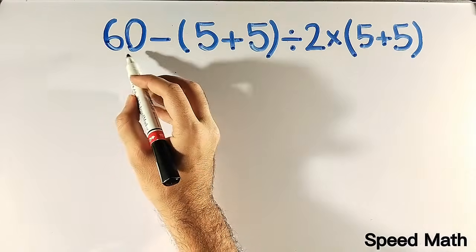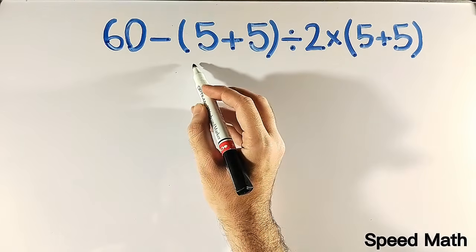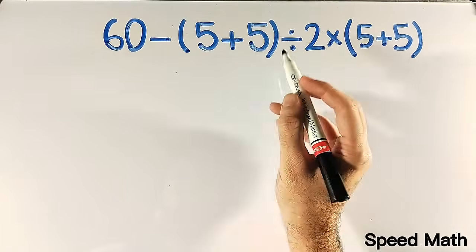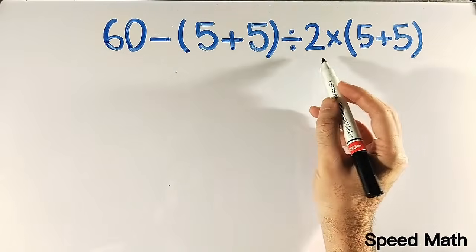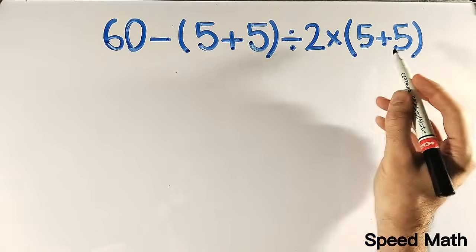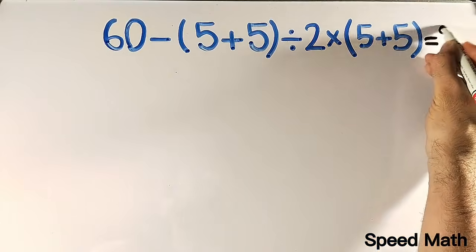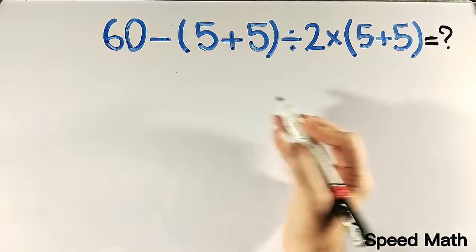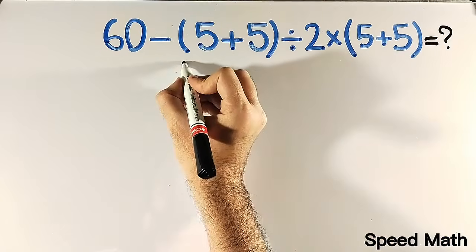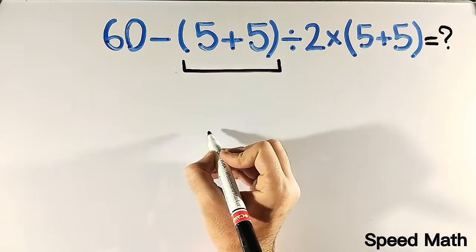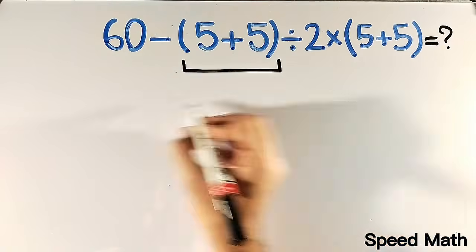If we have the expression 60 minus (5 plus 5) divided by 2 multiplied by 5 plus 5 inside the parenthesis, then what is the correct answer of this question? Many people, when solving this question, go straight to the expression inside the first parenthesis, and instead of this expression,